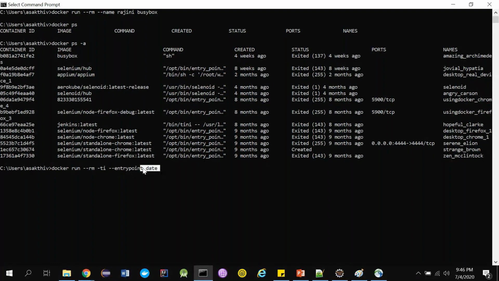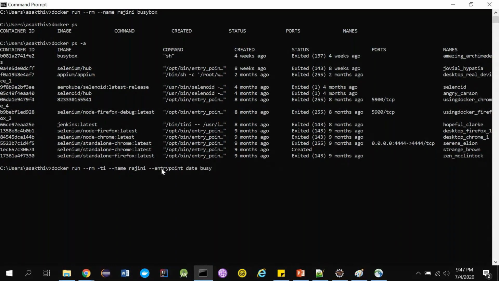I want to execute the command date in the command prompt and then exit. Let me name it something so that I can check whether it is working. So again I'm going to name it Rajini. Entry point date, using the image busybox.